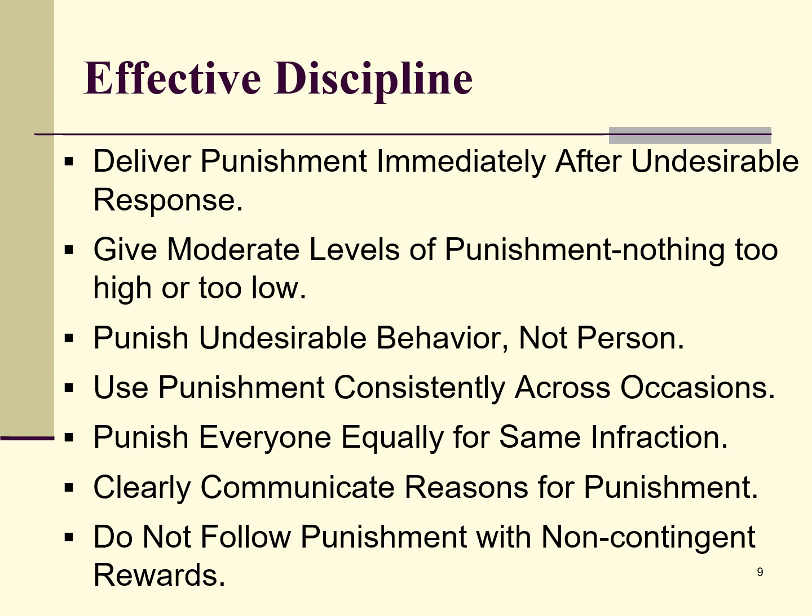We also need to make sure that the punishment is equal for the same infraction across all people. And that's another reason for one of those systematic systems of discipline, is to be able to make sure that that punishment system is used the same across all people. Obviously, clearly communicate the reasons for punishment and also clearly communicate the level of punishment for various infractions. Make sure people know what the disciplinary policies are.